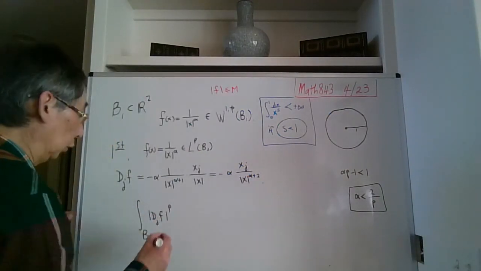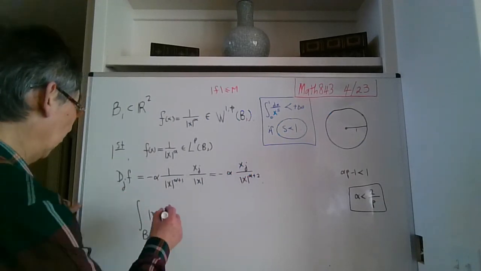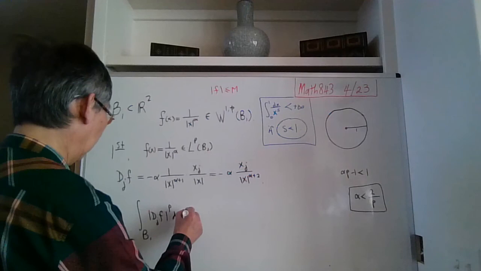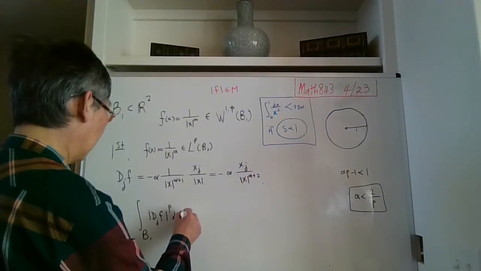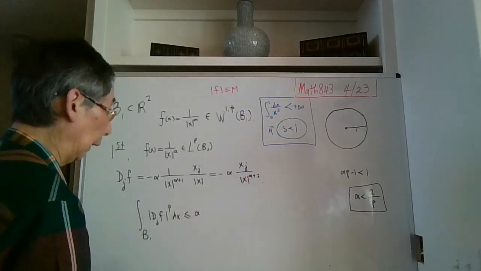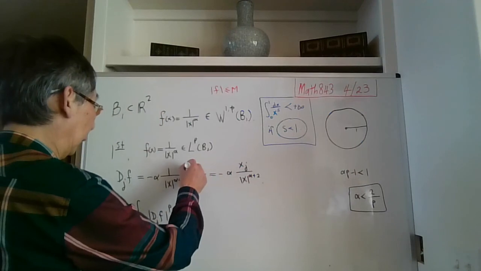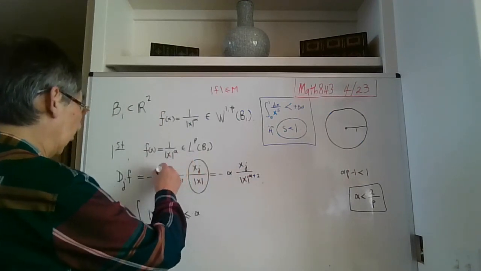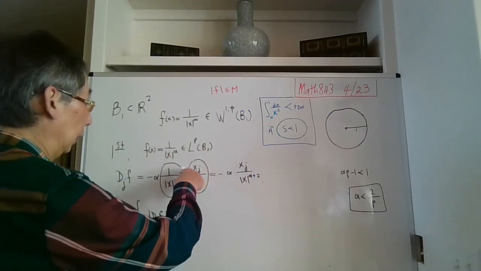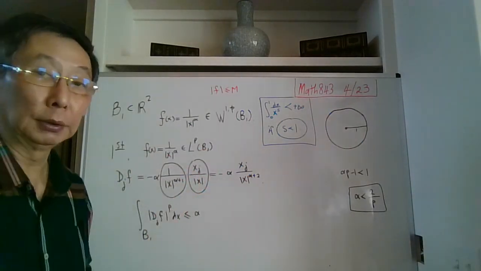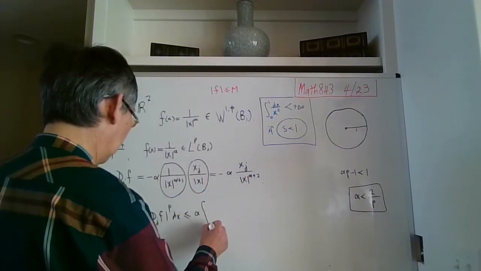To the p's power. We want to see for which alpha this is also finite. Okay, so this one can be written, obviously it is bounded by alpha. And then you can see this function can be written as this thing times this thing, right? And this thing, if you take the x value sign on this one, is controlled by 1. So therefore the whole thing is controlled by this b1